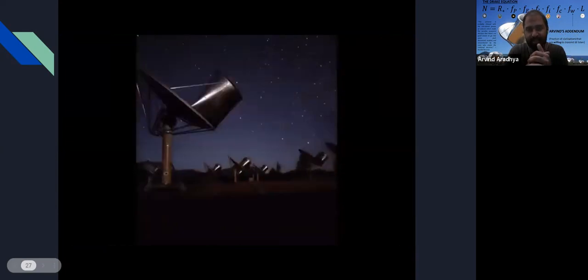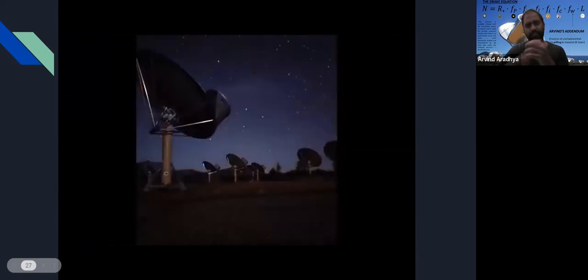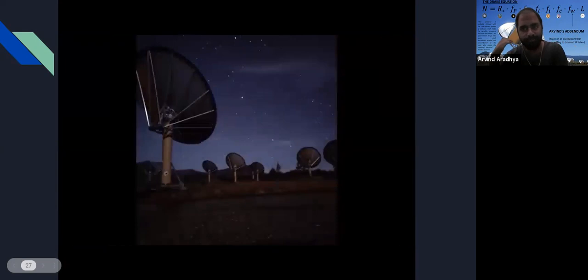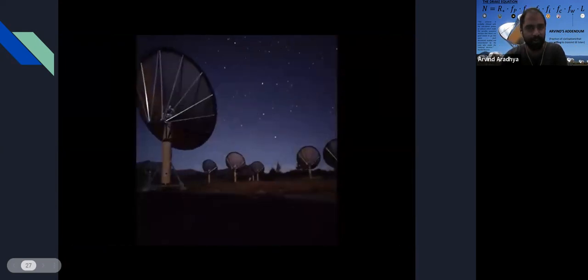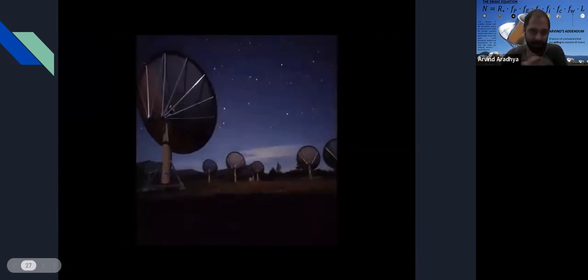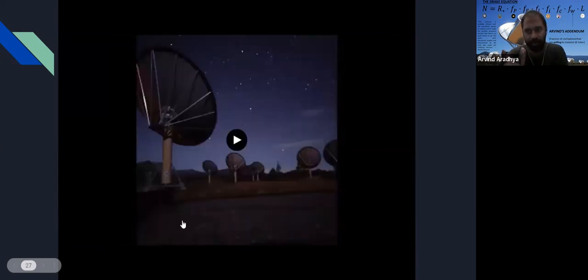And SETI is essentially Search for Extraterrestrial Intelligence. So if you guys have seen Contact, the movie with Jodie Foster, that's essentially what they're doing. They're doing radio astronomy there as well, but Paul Allen funded the Allen Telescope Array for looking at signals that may correspond to aliens. And in the urge to be connected to each other, humans-wise, we definitely don't want to miss out on an alien signal. So that's pretty much it in terms of a quick overview.